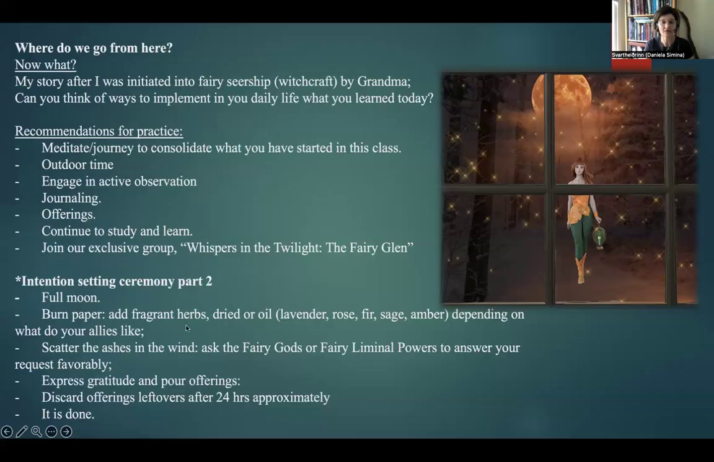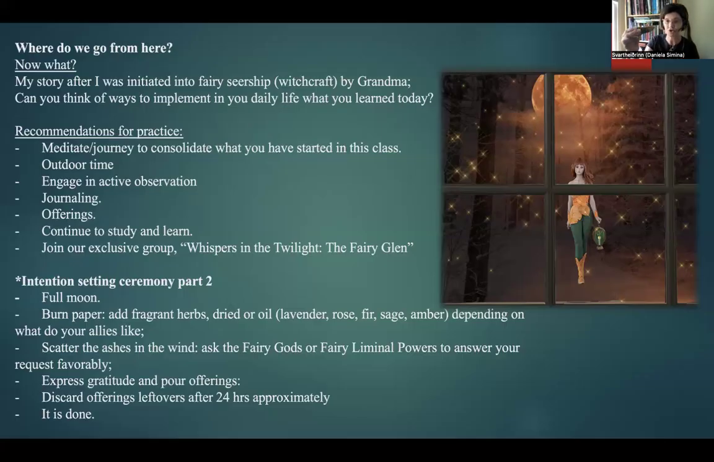There is a part 2 for the intention setting ceremony. You still have the slip of paper. It will be done on a full moon, and it will consist in burning the paper. How do you do this? You're going to need, I'm just going to make this example,